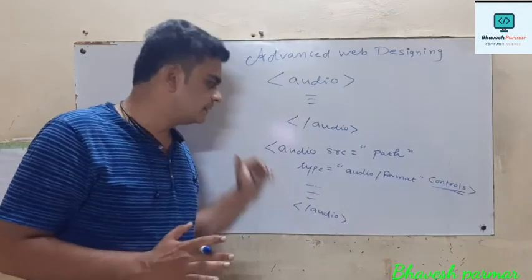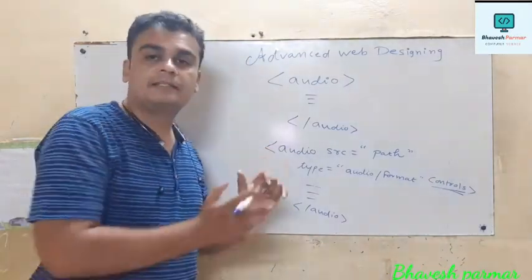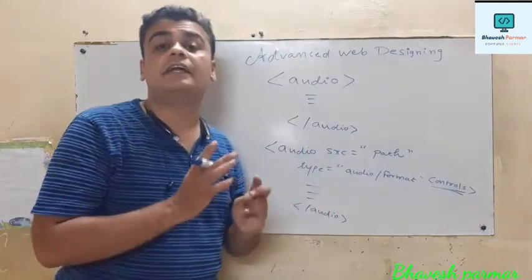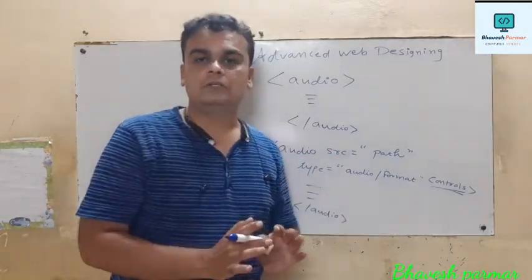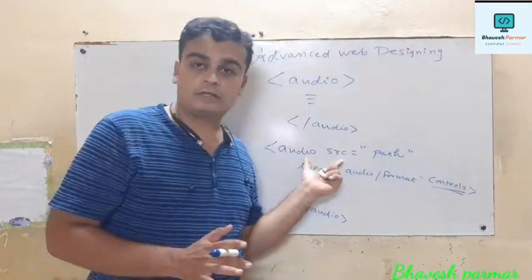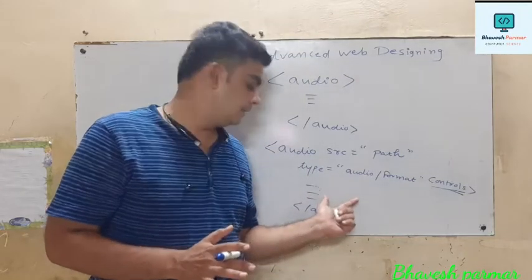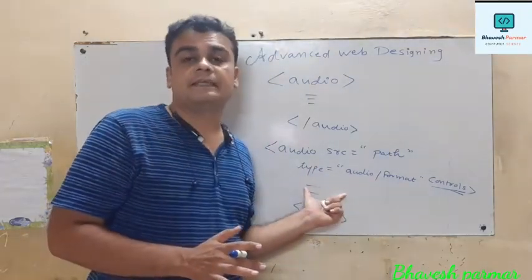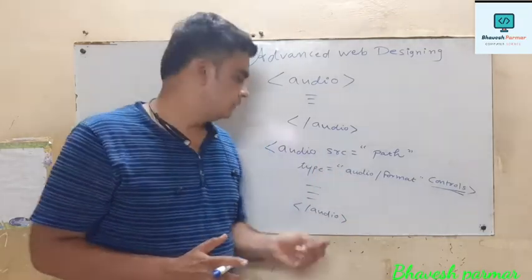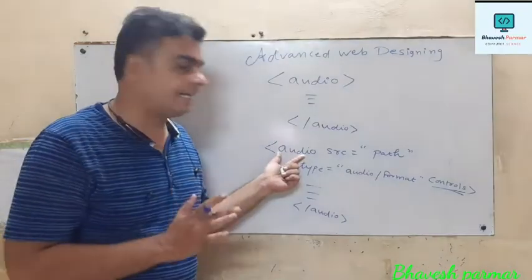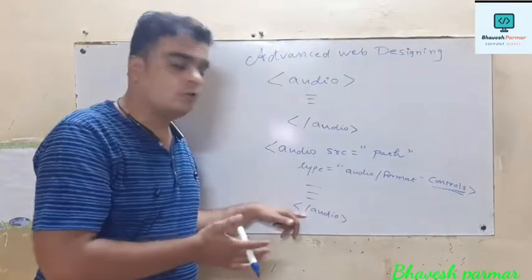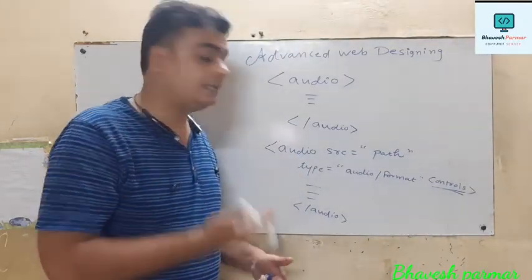But what happens, guys, if this tag is supported by the specific browser? Then in that case this type of message will never display on your web page. So this is only for reminder purposes, meaning if it does not work, then this message will be displayed, and if it works, this message gets hidden and the audio tag properly works. So guys, this is the syntax for the audio tag, and this is the basic general format, meaning how we can insert an audio file in our web page.